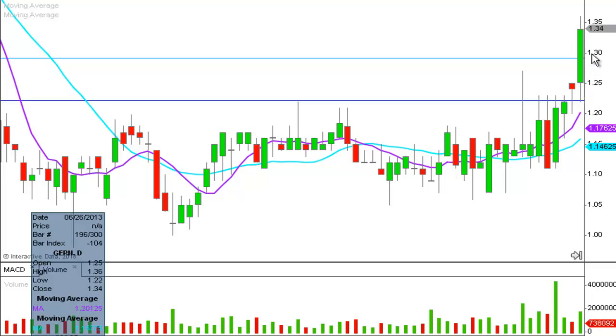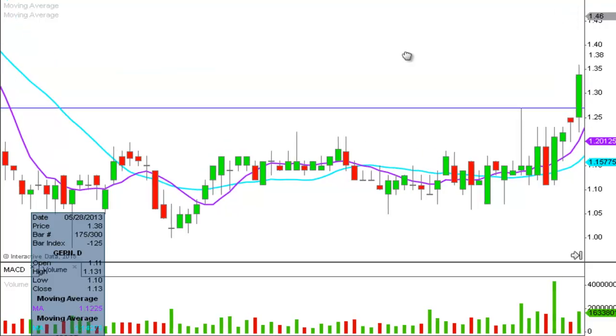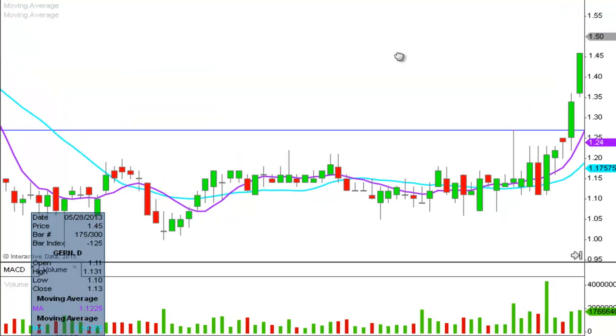But it broke there, and then when this day did close, you can either leave it down here if you want to be a traditionalist. I personally would be like, you know what, if this is a big green candle, I want to move myself up to at least break even. So I would have my stop loss right there at break even. We'll get rid of this now. Then you can see the next day there with another big green candle,